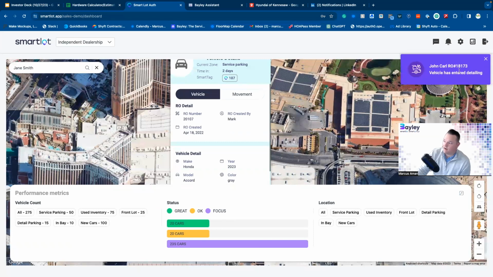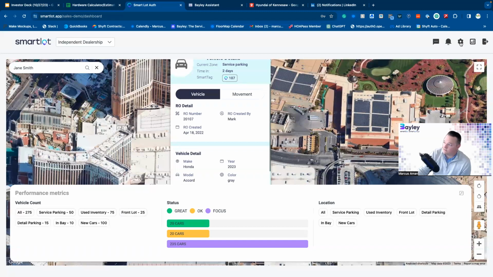Right here in the top right hand corner, you'll see notifications keep coming across to keep you updated automatically when things that you're tagged to are moving. Like this one right here, this car's just left the facility on a repair order that you have. Or this vehicle just left the shop, Glenn Swift. And then, the vehicle just entered the car wash, updating you in real time as events happen and cars enter different parts